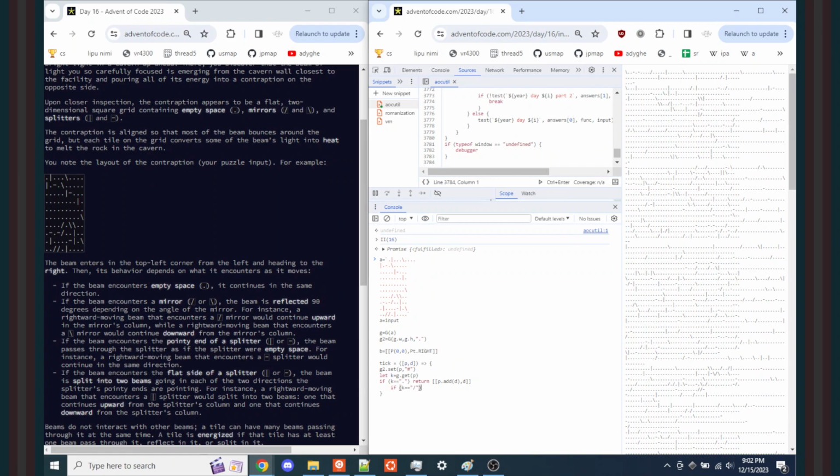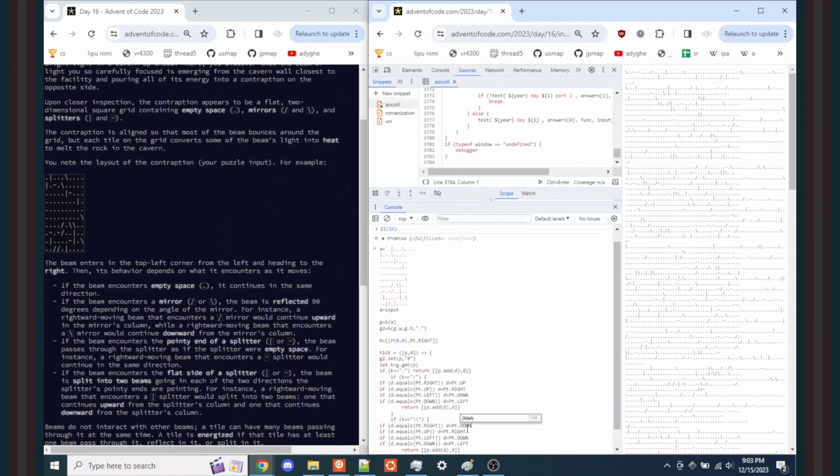And then right becomes up, and then up becomes right, and then left becomes down, and down becomes left, and then we do this again, and then if k is this, and then we do the same thing but the opposite, down, down, up, and up,